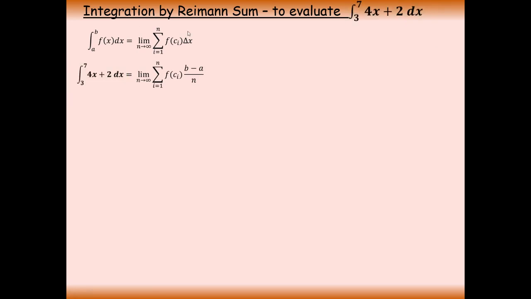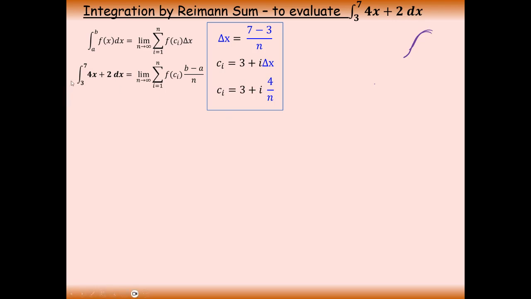So here I'm using 4x plus 2 as my function as a sum of integrals. What it really means is, I'm going to show you the sum formula where you are finding the height of each part of the function. We're going to use a limit as n goes to infinity. So what I'm just going to